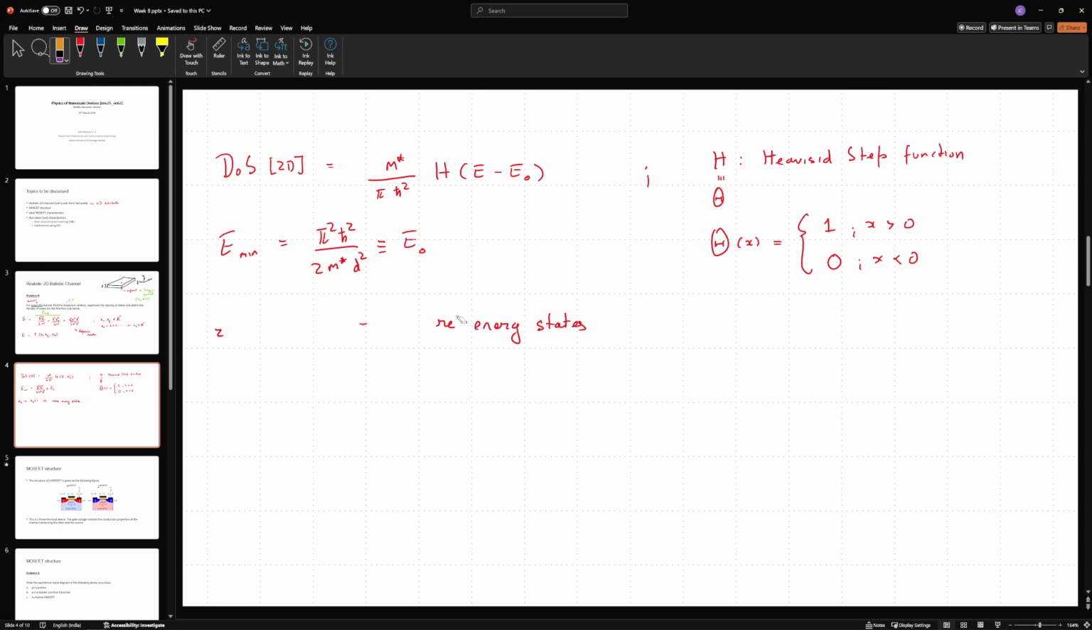So now my total energy in this quasi 2D channel is going to be Exy plus E0. So this is the case where nz equal to 1, and then we may have Exy plus 4 E0. This is the case where nz equal to 2,